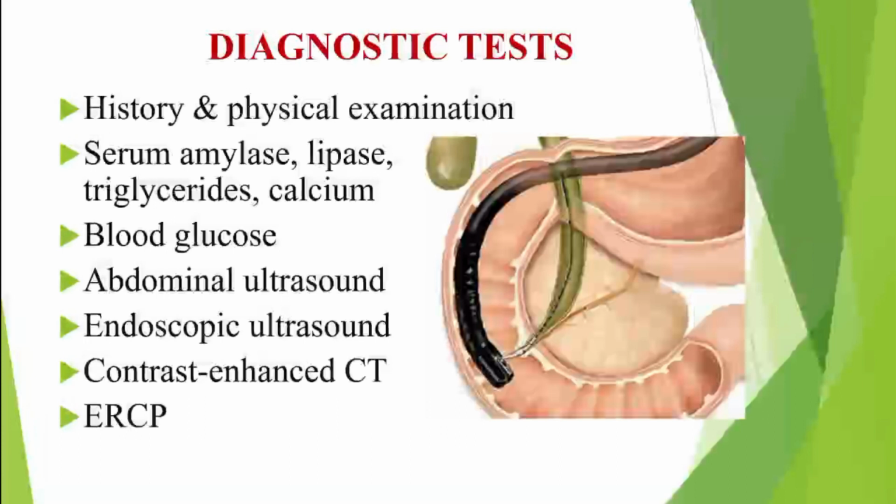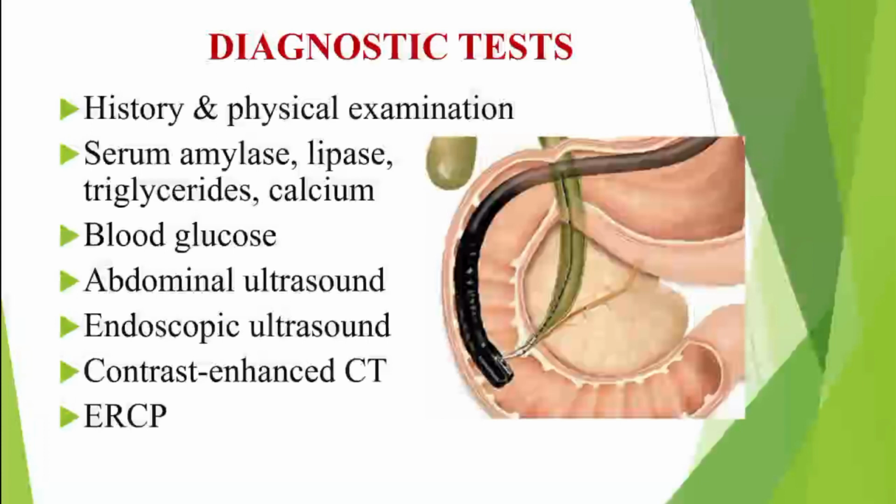Other than that, we have to check the blood glucose, because we all know that the pancreas helps to regulate insulin secretion, from the islets of Langerhans, from the beta cells, where the insulin is secreted. If pancreatitis occurs, with inflammation of the pancreas, the insulin secretion from the beta cells becomes hampered, so the blood glucose level fluctuates. Diabetes mellitus can be seen. So lack of insulin secretion is seen in pancreatitis patients, and if there is lack of insulin secretion, there is increased blood sugar level,